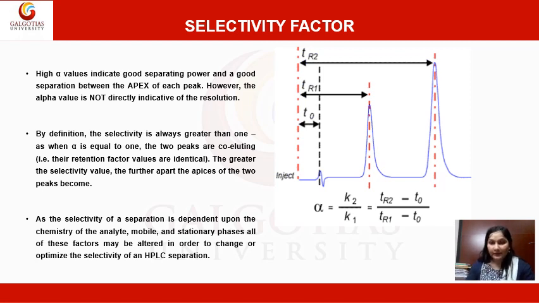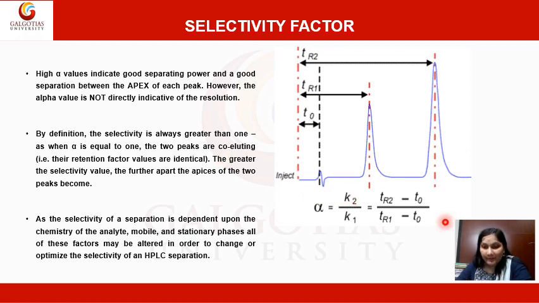You can see here, this is the dead time. This is the retention time of peak 1. This is the retention time of peak 2. Then what will be the retention factor? K1 is equal to TR1 minus T0 by T0, and K2 will be TR2 minus T0 by T0. So if we calculate the ratio of K1 by K2, we will get